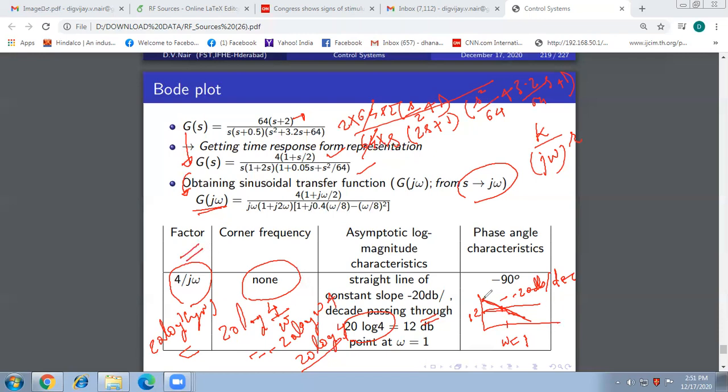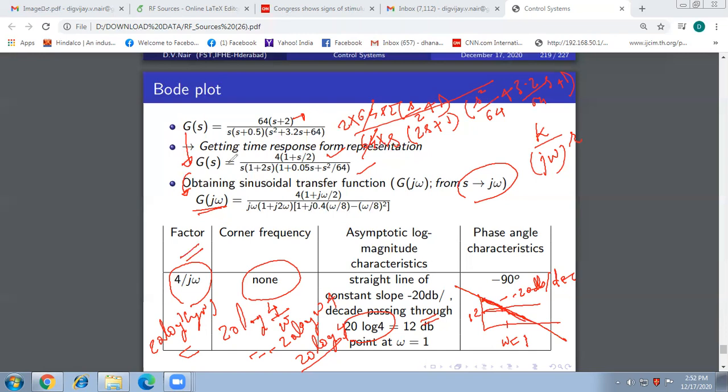And this straight line remains so for all frequency omega. Since there is no corner frequency at which it will change its course, the straight line continues for all values of frequency for this particular term, right? And that's why we say at low frequency,